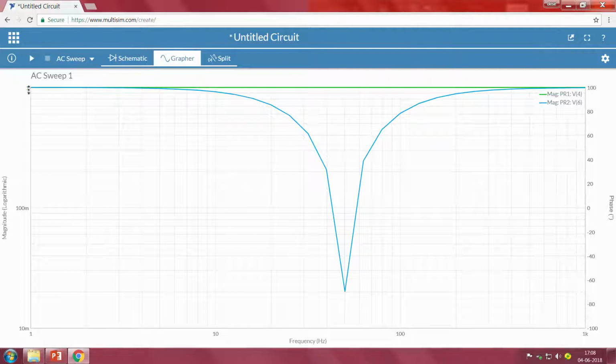Now, we need to know the 3 dB line, this point, right; the frequency at this particular amplitude is generally the cutoff frequency. But now, if you see at a frequency of somewhere around 50 hertz, the magnitude is very small, right, and again